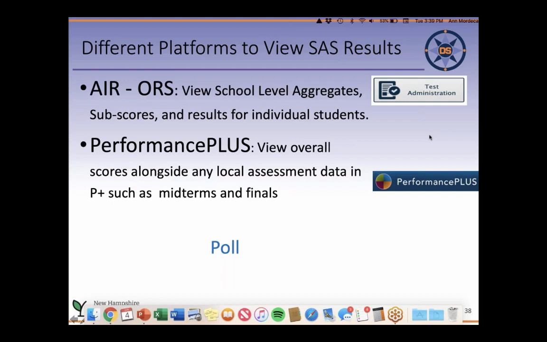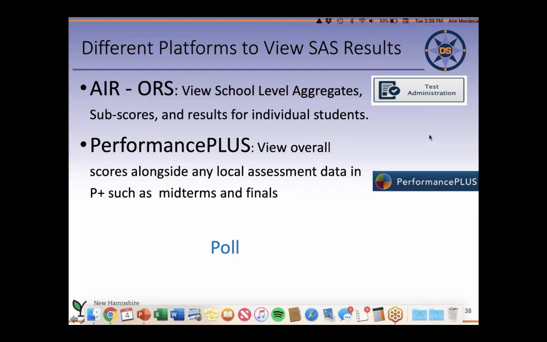And make sure I'm on the test one. Okay. And it, for some reason, sends me back here. I don't know why that is. And then I have to come back to online reporting system. And then it asks me to log in. So you have to have an ID to log in. And I'm going to look at score reports. In order to look at students, you have to have access to the students.